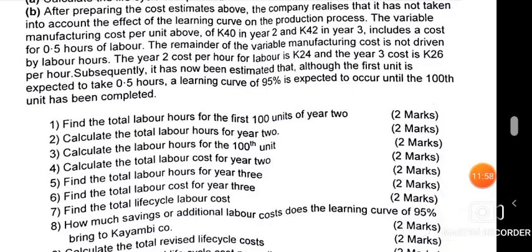Number 6, find the total labor cost for year 3. Well, this should now be simple. You now know the hours for year 3. You've just determined them. It's just a matter of multiplying the cost. What's the cost in year 3? Well, year 3's cost is